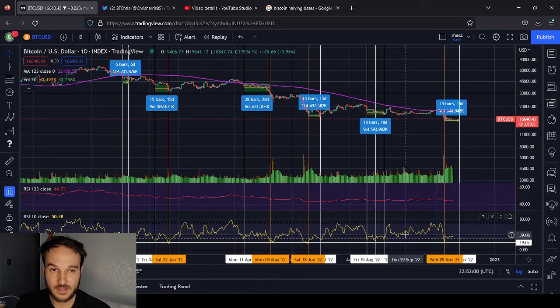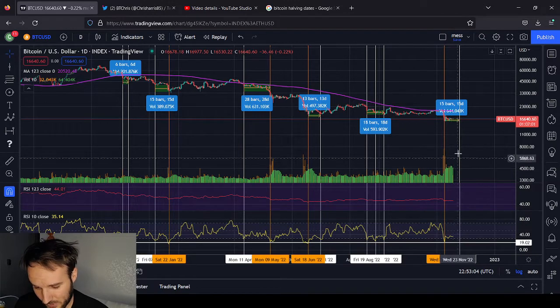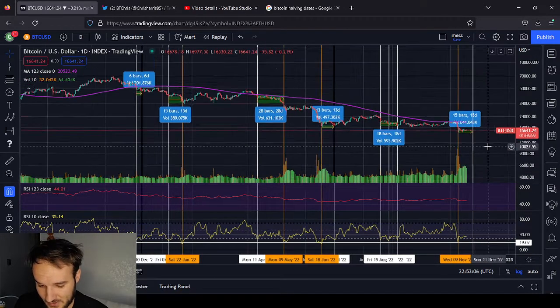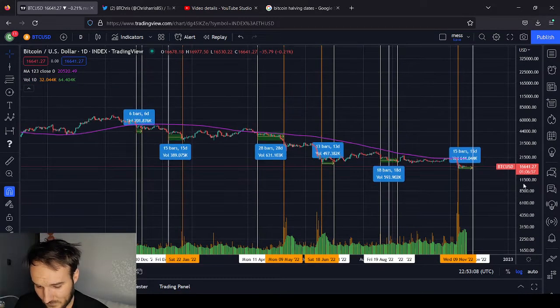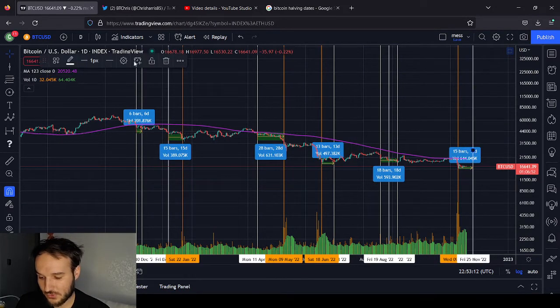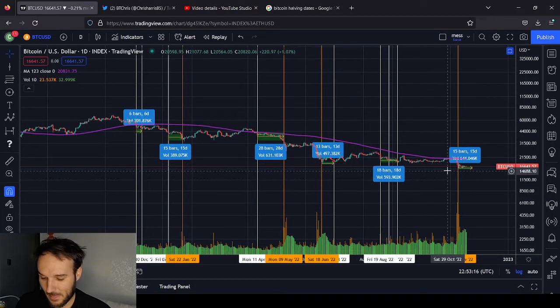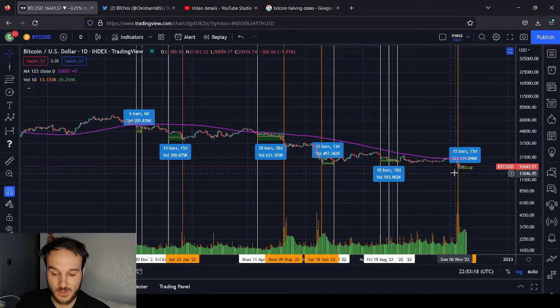Anyways, that's neither here nor there. It's not now. It might happen, we don't know, but you can see something like that is kind of what we would be expecting: to just have one drop into this oversold zone and then that be it. I mean, I don't know. I don't see that. We haven't had a V bottom or anything drastic to happen.